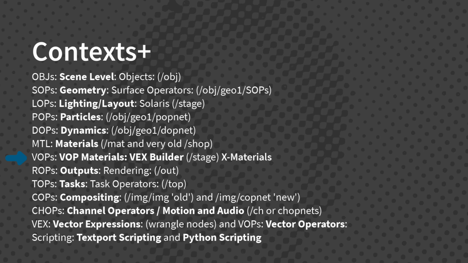And even to confuse you more, now there's like an X material builder, and there's a new way of doing materials inside the LOPS surface. But I'm just trying to tell you what VOPS means. VOPS is kind of like programming, but using connecting nodes. Just like we build a Houdini file out of nodes, VOPS is a way of building VEX code using nodes, using these operators. Okay, ROPS is the render outputs,